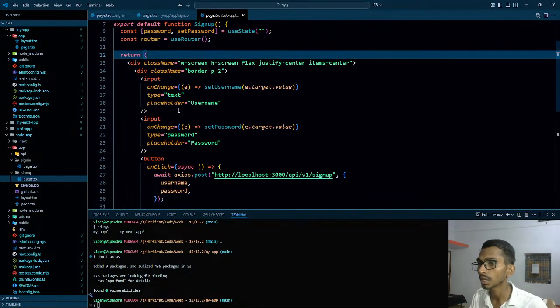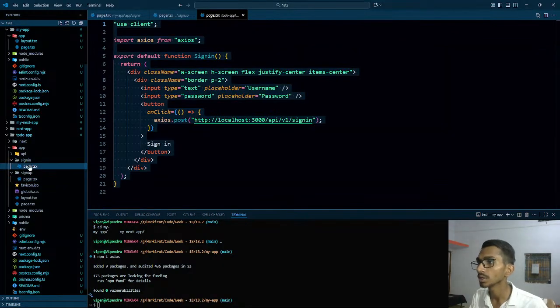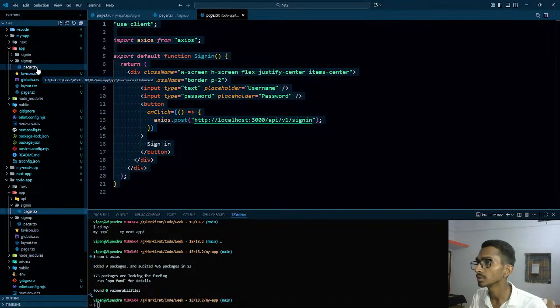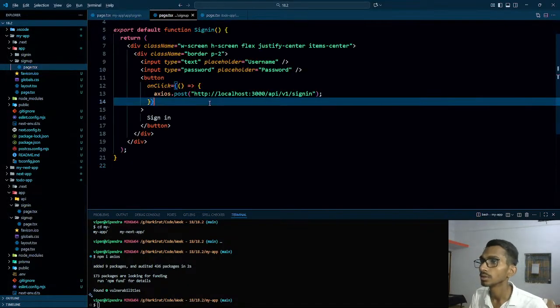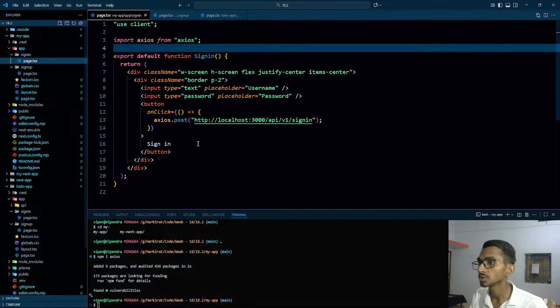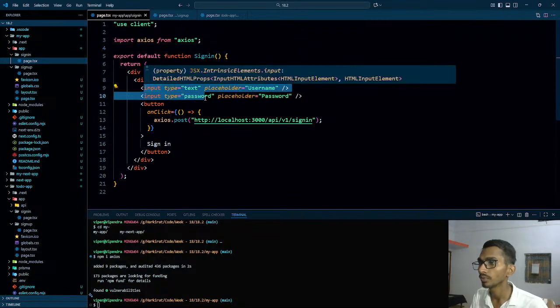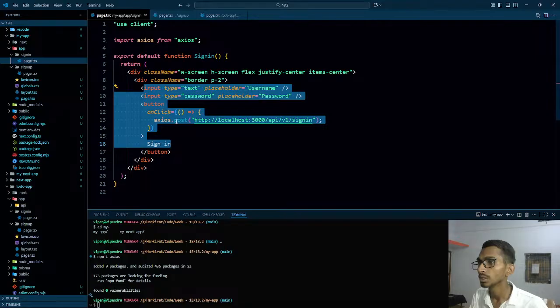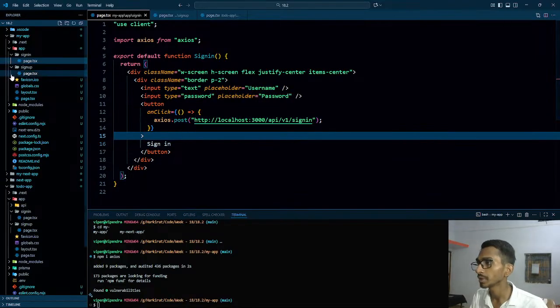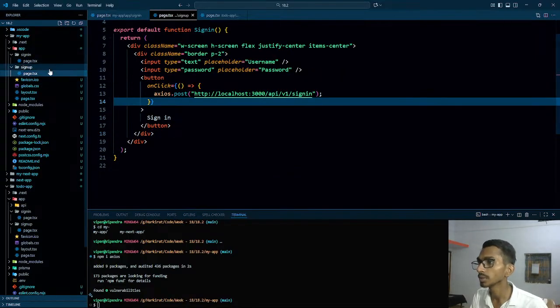Okay, both the things are almost the same. Then just a few things are extra that I'm getting in here. Talking about the sign in page in here, it's like this much: input and a button. The functionality is yet to be implemented. And when talking about the sign up one,